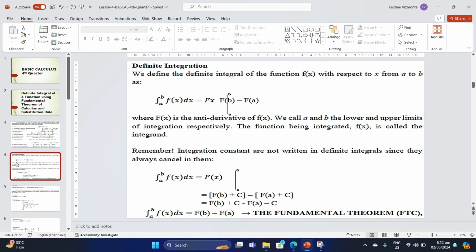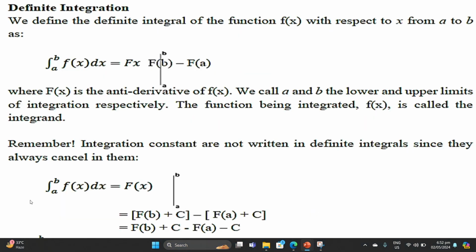As you can see, in our definite integration, we define the definite integral of the function f of x with respect to x from a to b as, okay, as you can see here,